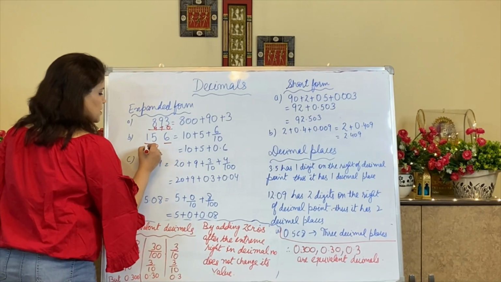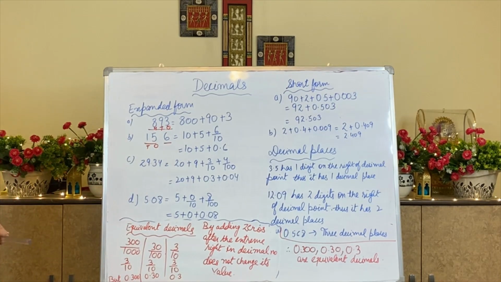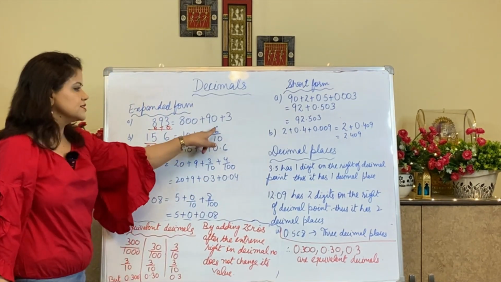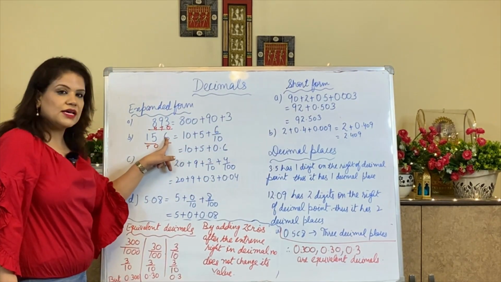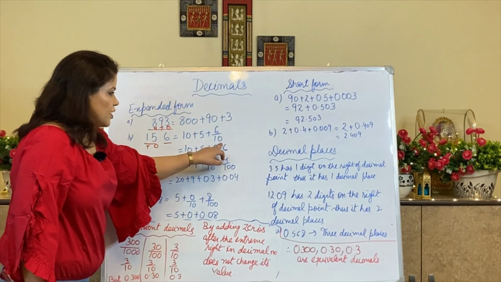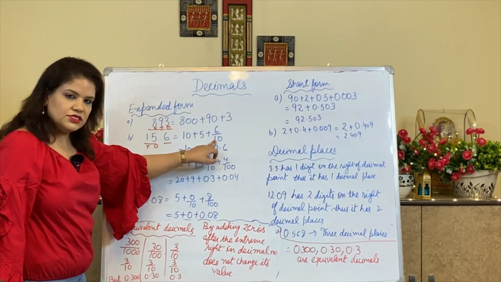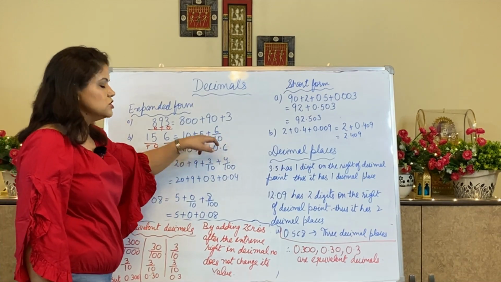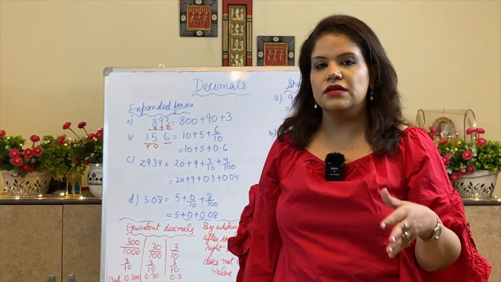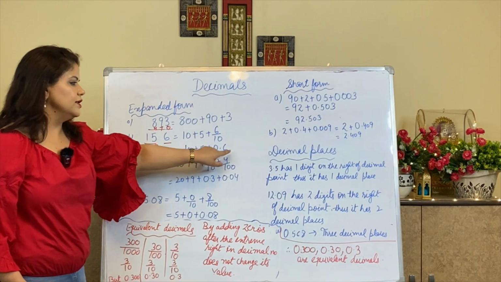This is at the ones place, this is at the tens place. And I told you after the decimal the first place is 1/10. So this becomes 6/10 because this is 6. So this will become 6 by 10. How do we write this 6 by 10? There is 1 zero in the denominator, which means there will be only 1 decimal place after the decimal. So we will write the numerator value here, 0.6.